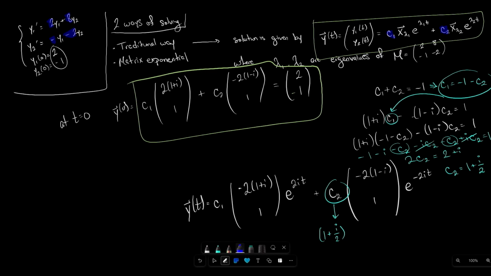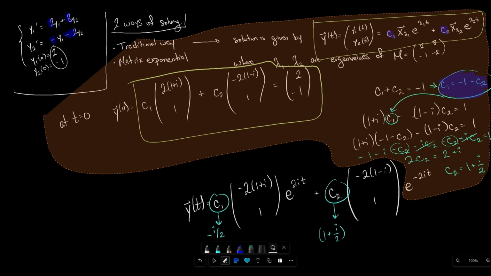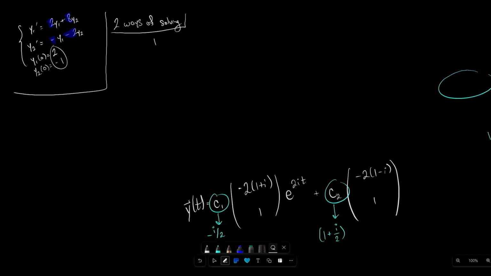c1, we decided, satisfied this equation. And so if I take 1 and subtract c2 here, I get negative i over 2. Okay, so that means that the true solution to this ODE, do my best to grab everything, is going to be the vector y equals negative i over 2, negative 2, 1 plus i, 1,